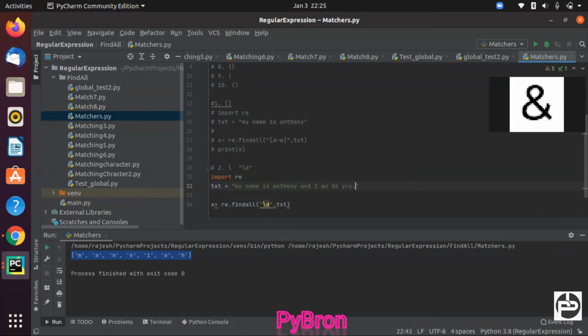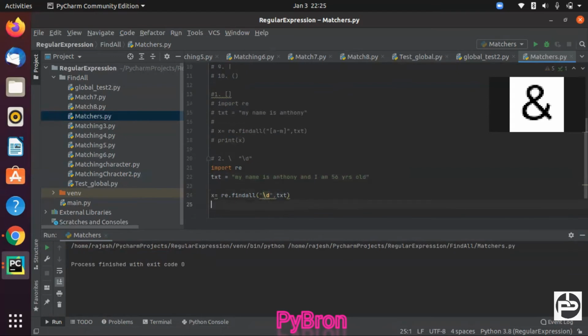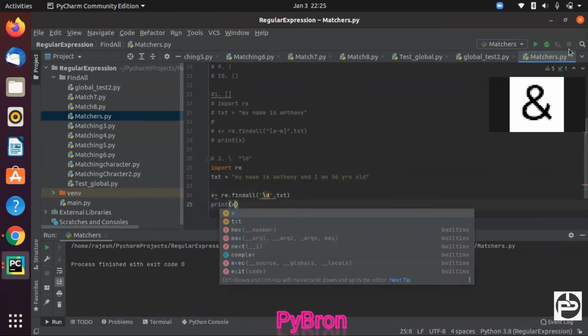Okay, cool. Now let me execute this code and see what it returns. Okay, I haven't printed that. Let me print x first. Now if I execute, you can see it is returning only numbers.